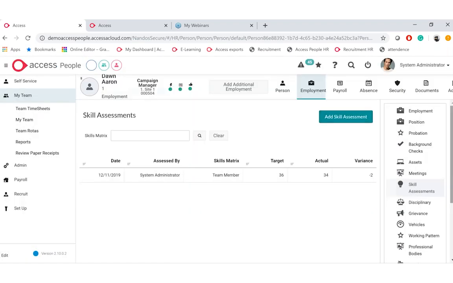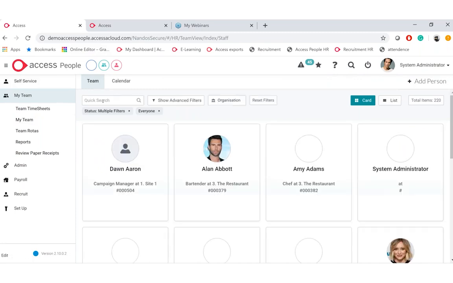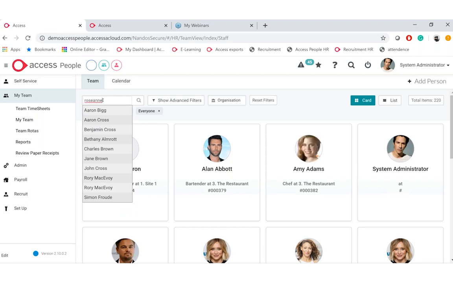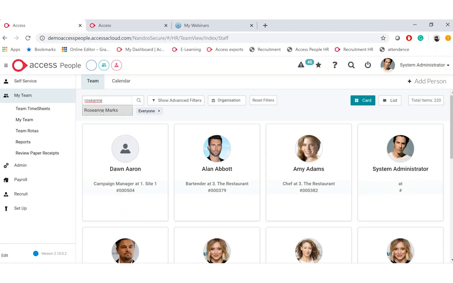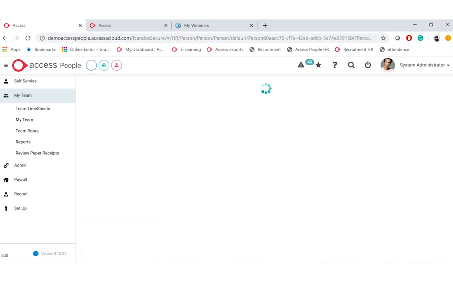So what I mean by that, if you just go up, go into my team, and I just look for another individual. Just do a quick search here. Look for myself. We can see here that mine clearly says my pay is suspended.